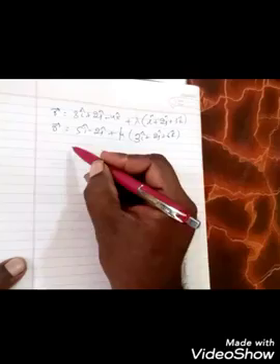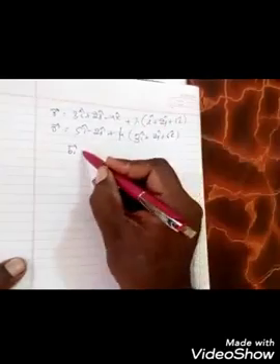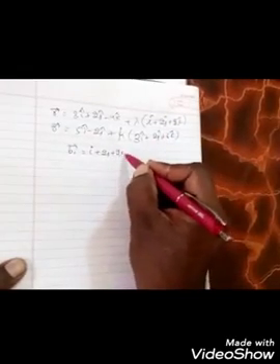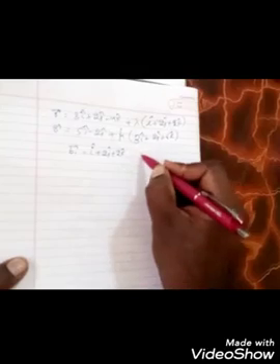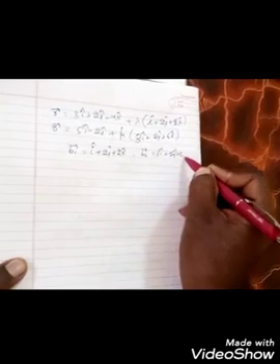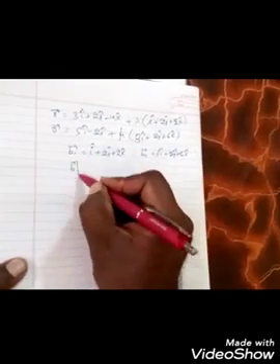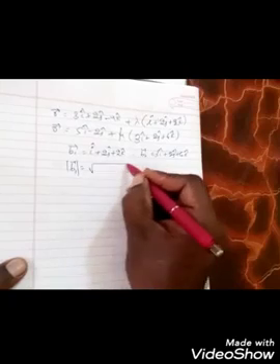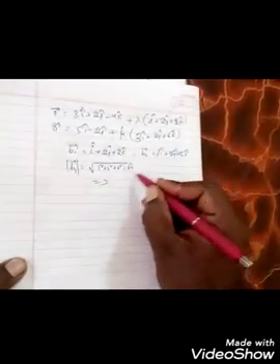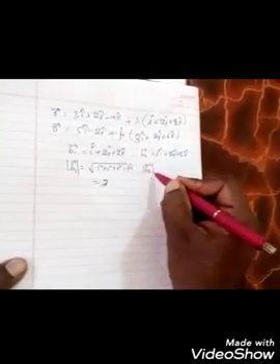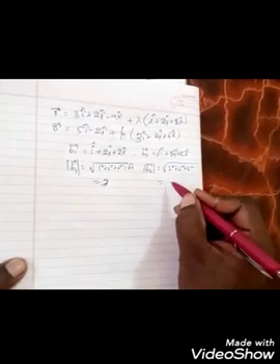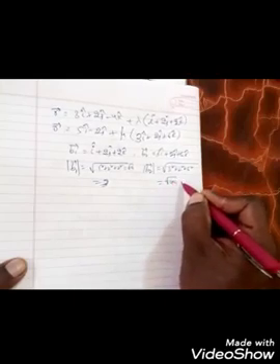Now what is that? By comparing this one you are going to get b1. This is the b1, nothing but i plus 2j plus 2k, and b2 bar, nothing but 3i plus 2j plus 6k. Now here you got the two vectors. Now find the modulus of b1 bar. Root of 1 square plus 2 square plus 2 square, that is root 9, nothing but 3. And another one is the modulus of b2 bar, root of 3 square plus 2 square plus 6 square, 36 plus 4, 40 plus 9, 49, root of 49, that is nothing but 7.